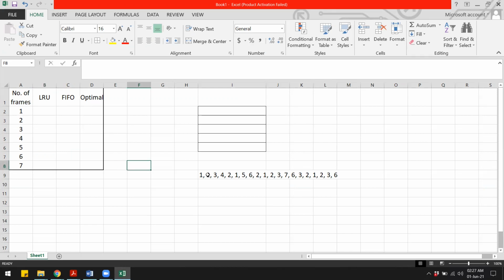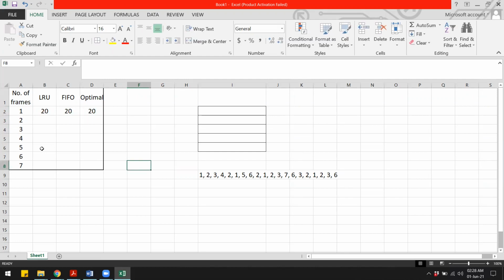Now there are 20 pages given in here. If we count these, there are 20 in total. So if there's only one empty page, and if we were to bring all of these in memory one by one, then of course we will need 20 page faults, after which they will all be brought into memory one by one. So no matter which algorithm we use, we are going to need 20 page faults.